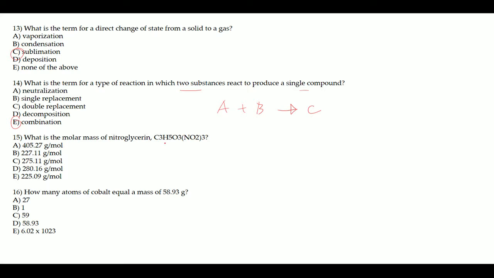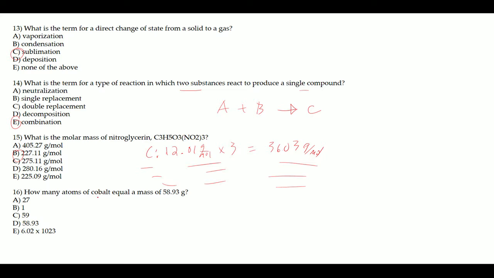Here, what is the molar mass of nitroglycerin? I should be able to do these by now. So the molar mass of each of these elements times their number. So for carbon, for example, it's 12.01 grams per mole times 3, 36.03 grams per mole. And I do that for each element, right? And then add them all up at the end. Okay, when I do that, I should get B,